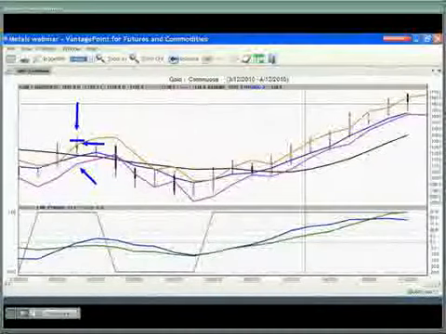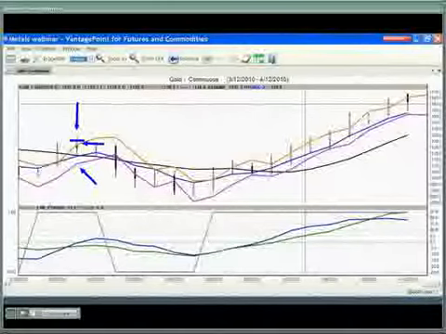There is, of course, a situation that the market did not go up. The market did go down, and as I said before,